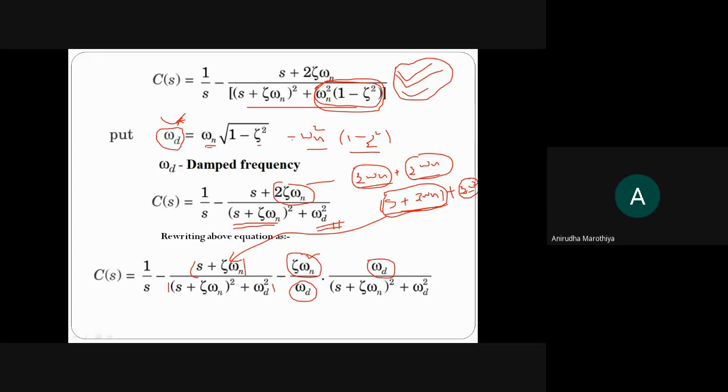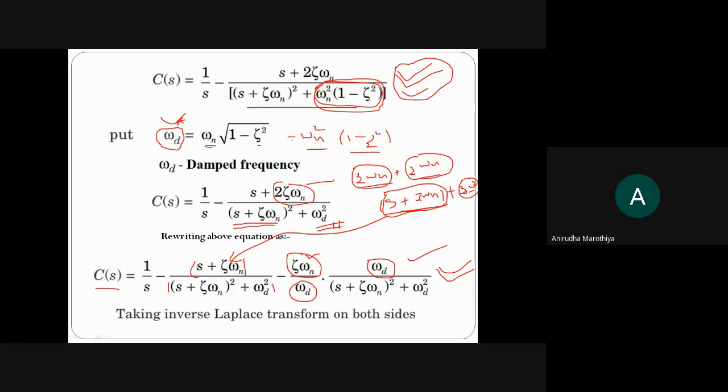Yes sir. So why have we done this? Just because we want the inverse Laplace transform of our C of s. So please write down this equation, which is nothing but the expression of the response in the frequency domain: C of s equals 1 upon s minus this term, then minus this entire term. Now, if you apply the inverse Laplace transform on both sides,